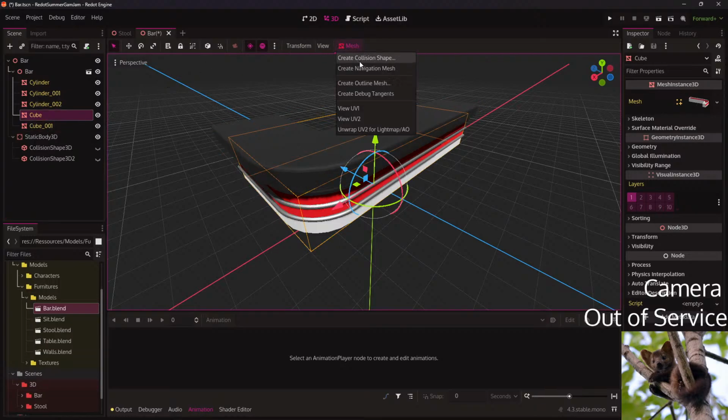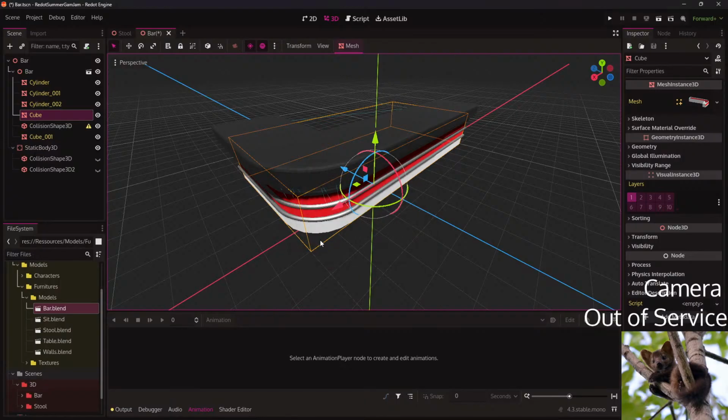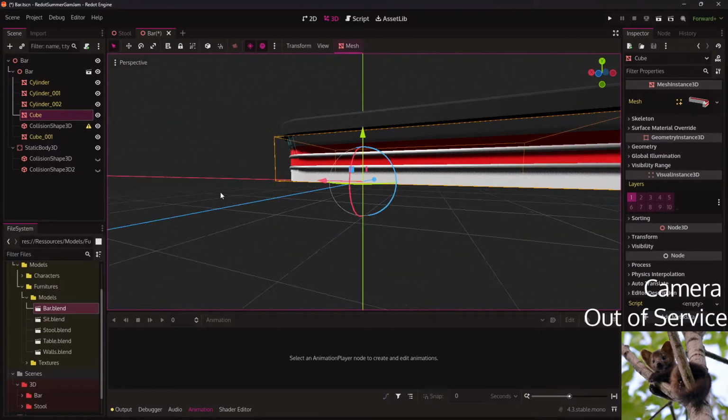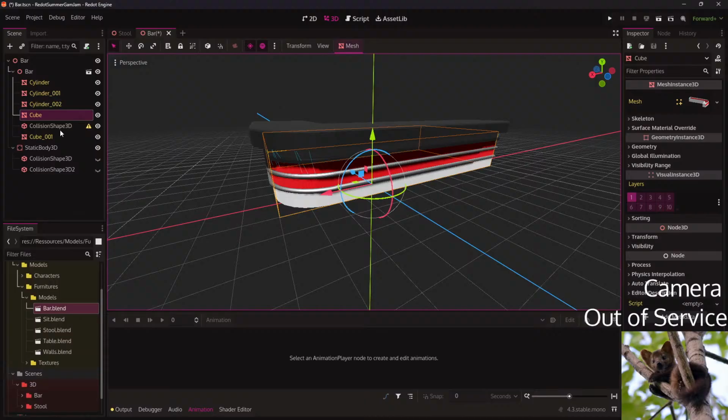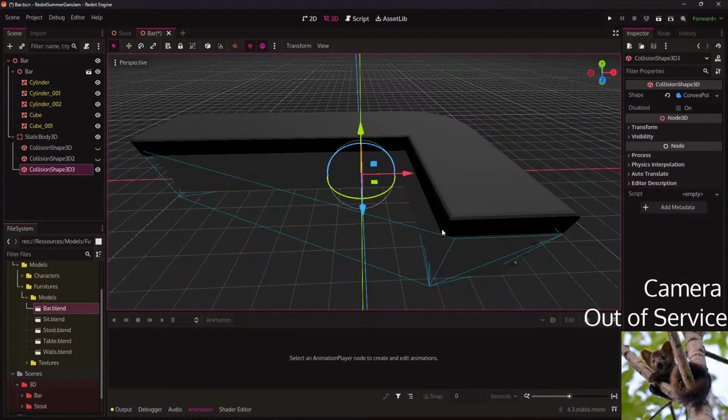So what if I have this create a collision shape? Oh no, not that.